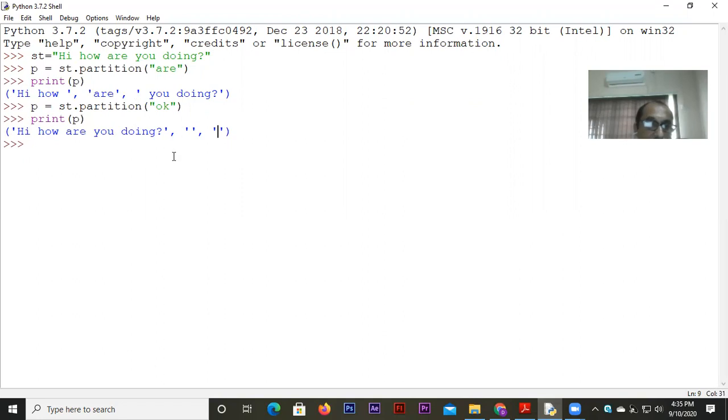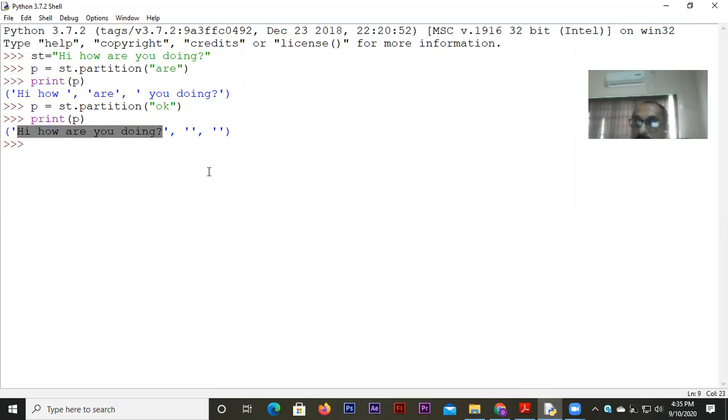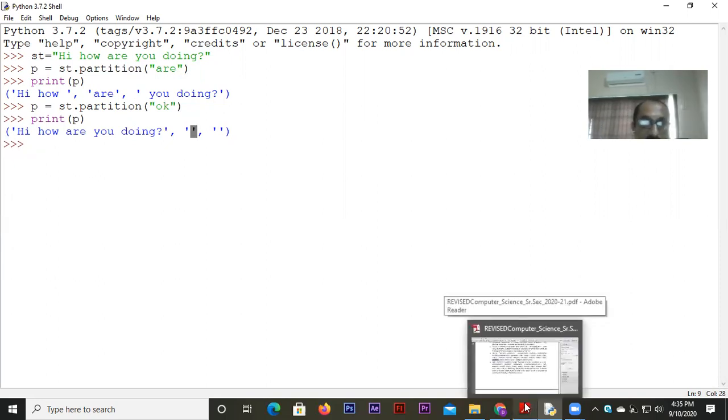And the whole string became the first element of the tuple. So this property you have to remember: if the substring is not found, the whole string appears as the first element of the tuple, and the second and third elements of the tuple become blank, right? So that is all about the partition function.